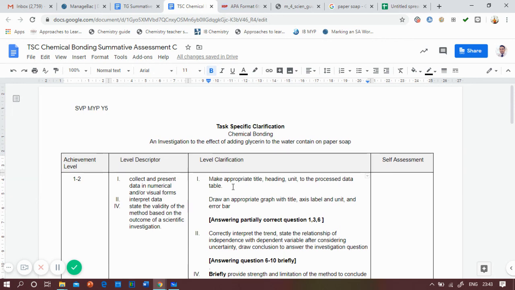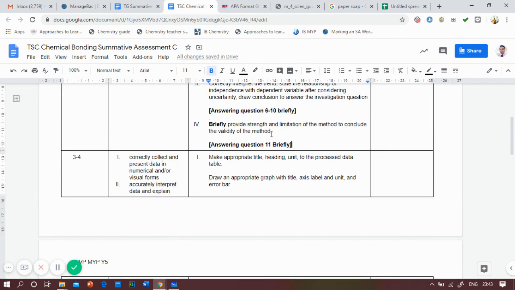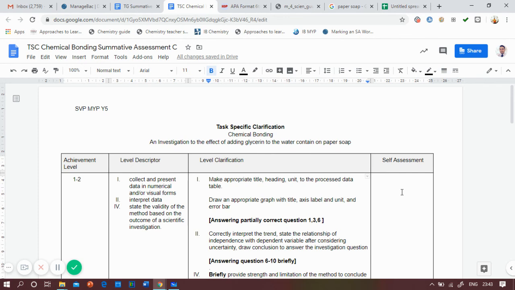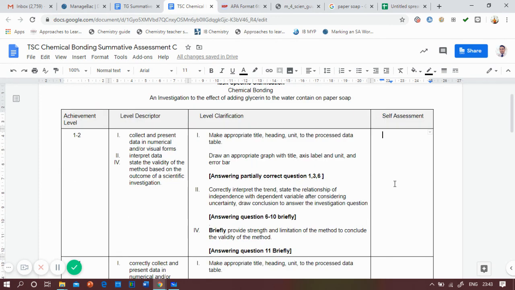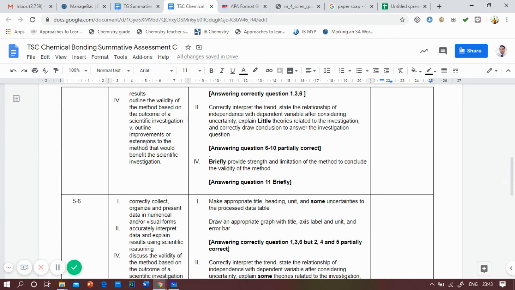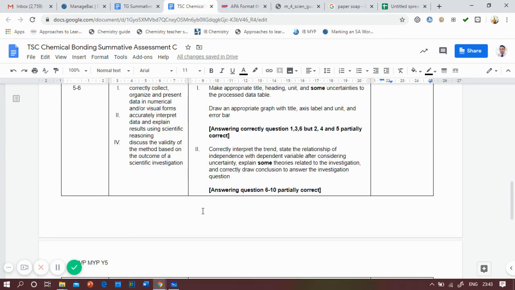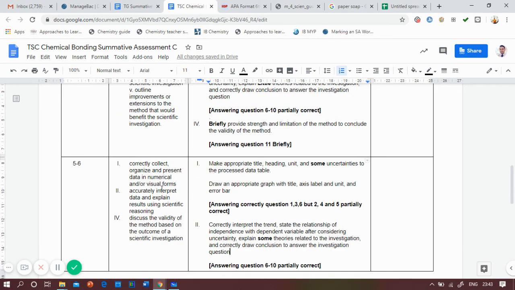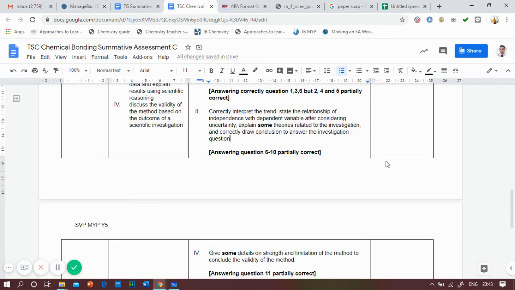I really hope that by giving you questions 1 until 11, it's easier for you later on to understand the expectations of all this. Don't forget, you also have to make a self-assessment, and this document has to be uploaded. So you have to say, okay, I think for strand 1 I go 3, 4, but for strand 1 I go 5, 6, and then strand 2 maybe I go 7, 8, something like that, because I'm good at explaining the theory about bonding and stuff, but I'm not good at uncertainty. Uncertainty is in strand 1, so maybe I got 5 until 6, but 7 until 8, something like that. So you put your assessment in here.